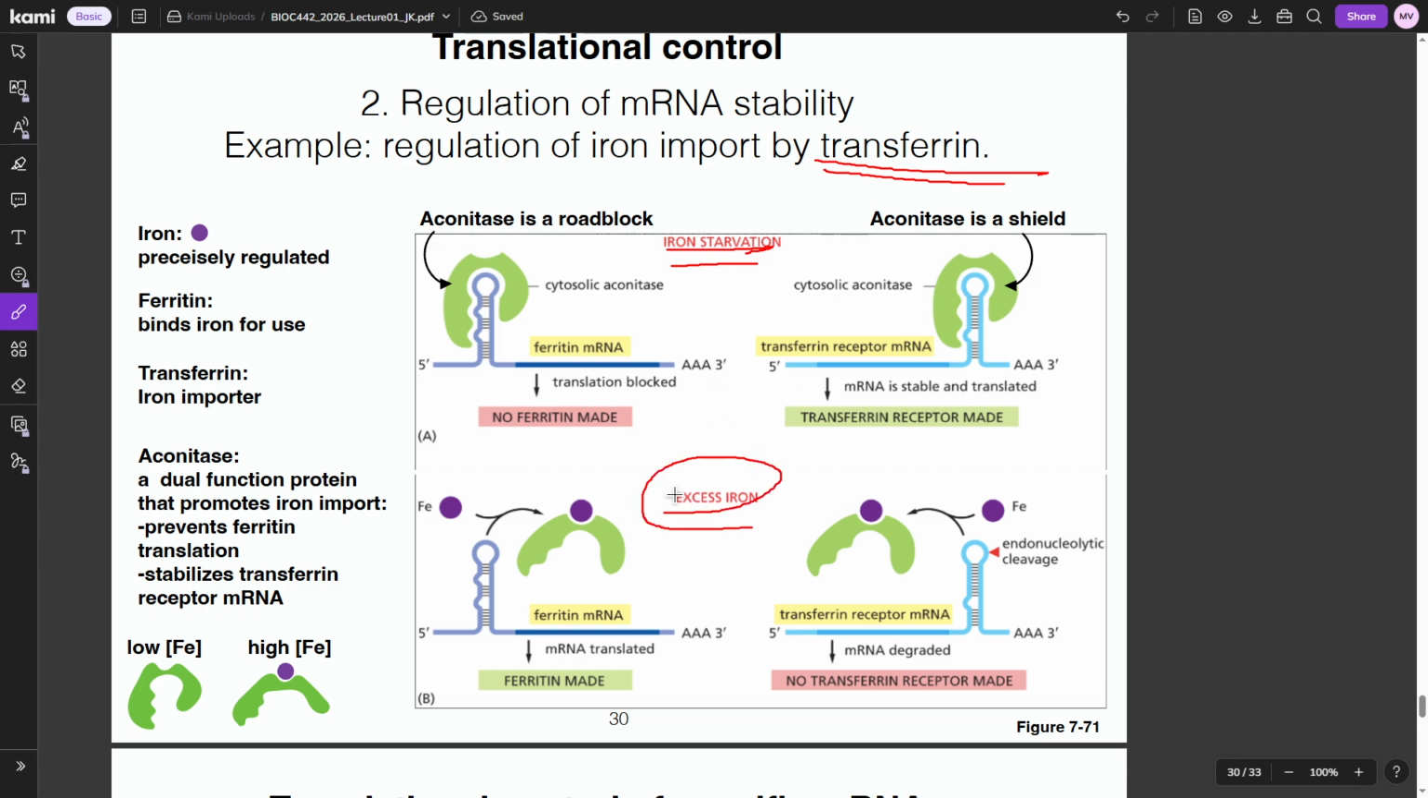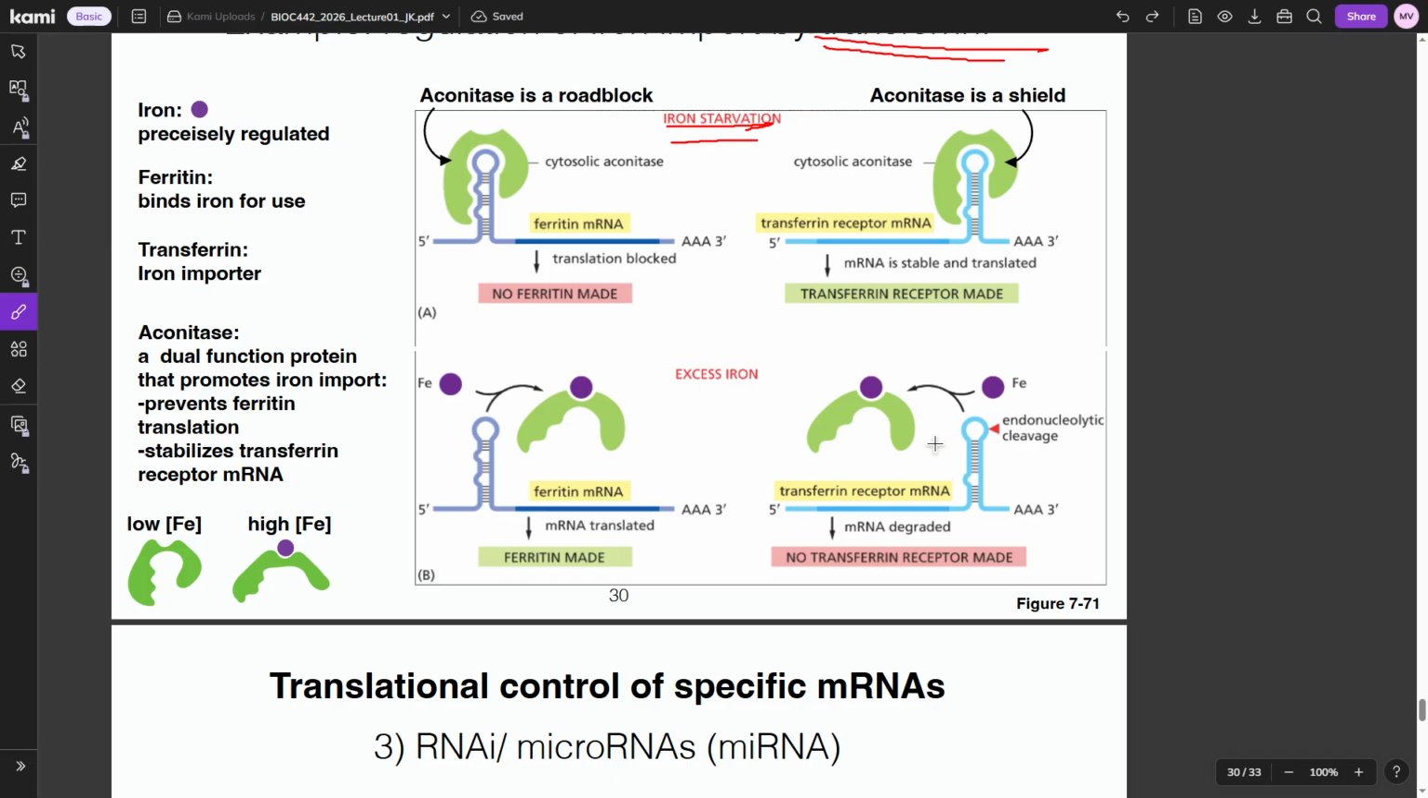When there's excess iron, though, the exact opposite happens. When there's excess iron, this 5' hairpin is no longer blocked by aconitase, because aconitase binds the iron in this spot. And so that allows for translation of the ferritin, so you can use the iron. But in the case of the transferrin, the binding of the iron to the aconitase opens up this cleavage site